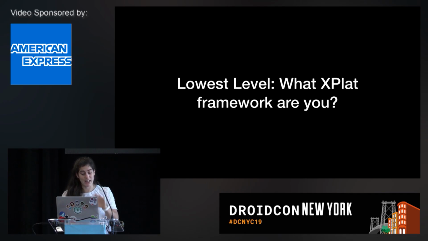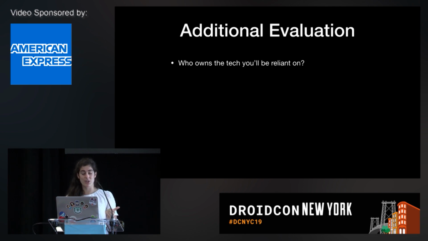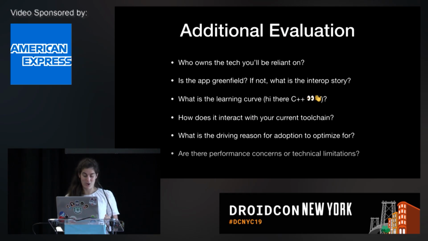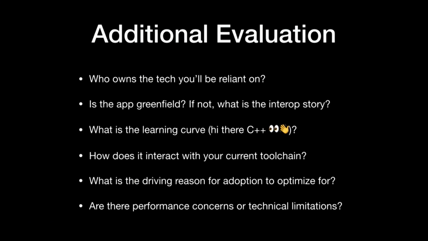And so this brings us to that lowest level of evaluation, which is what specific framework are you going to use? And it's really important that you don't try to evaluate all frameworks, because if you're doing a good job at evaluating the framework, you are evaluating a lot of different considerations all the time. And this is like 5 or 6 of 10,000 that you will probably have to go up for if you go into an architecture review at your company. People are going to ask you so many questions.